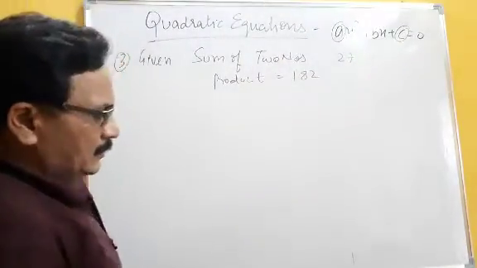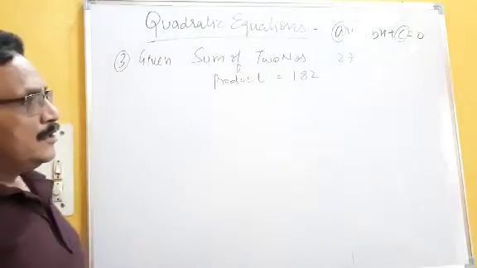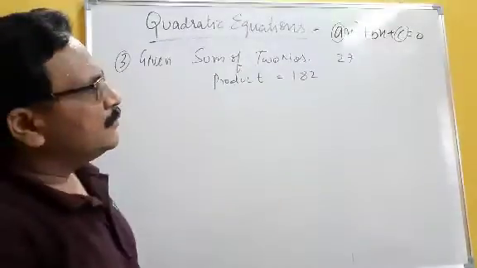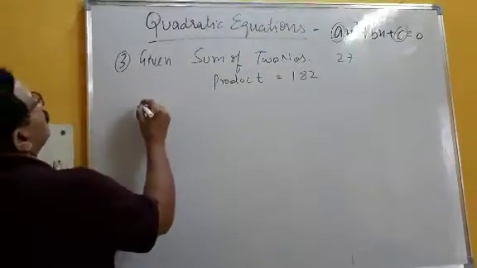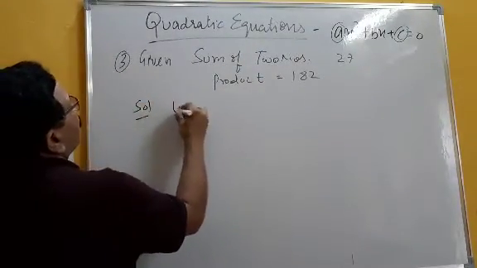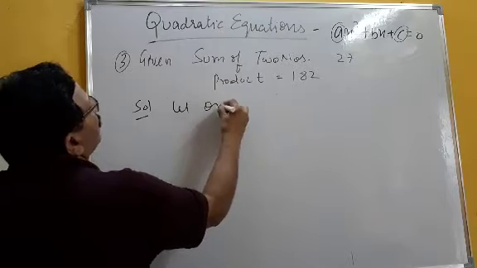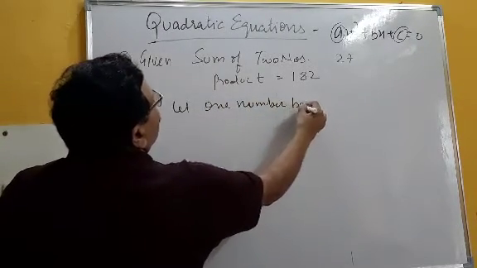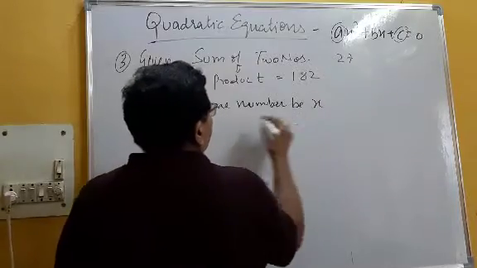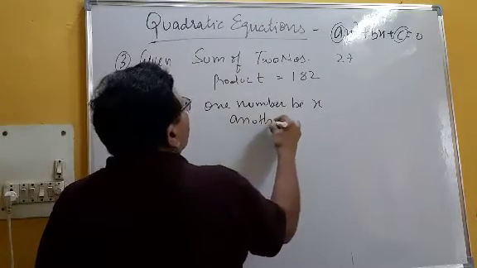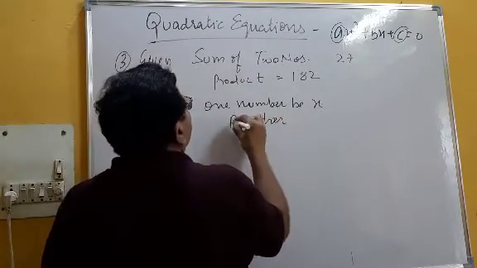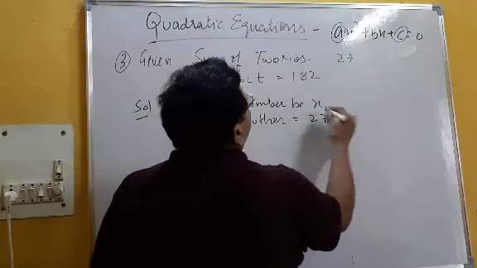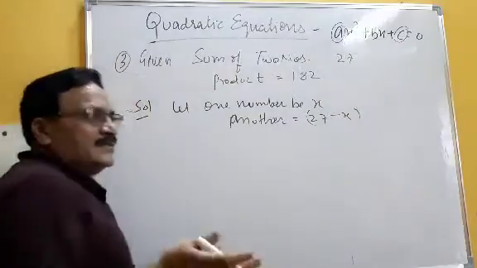I told you that on that day, and in the last video I told either you can take two variables or you can take single variable. I will solve this equation by taking single variable. Solution: let one number be x, so another will be 27 minus x, because the sum of two numbers is